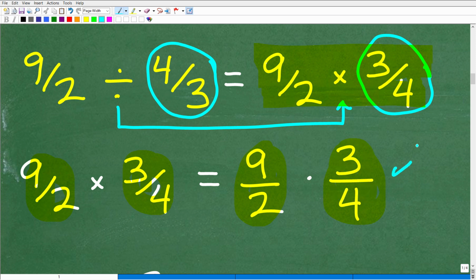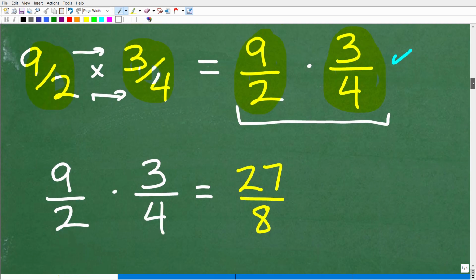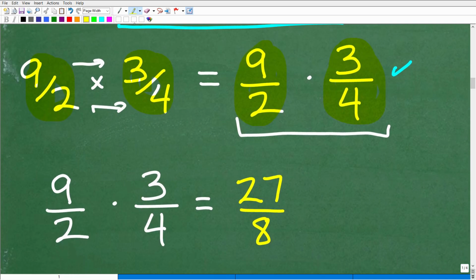I prefer to write my fractions this way because here we're going to actually have to multiply across the numerators and denominators, but either way is perfectly fine. So if you write your fractions with this angled fraction bar, there's nothing wrong with that, okay? But again, just know that these are equivalent and one is not better than the other. I just prefer to write my fractions this way because to figure out what 9 halves times 3/4 is going to be equal to, what we need to do is multiply the respective numerators and denominators. And when I have this nice little straight fraction bar, that angle doesn't get in the way,